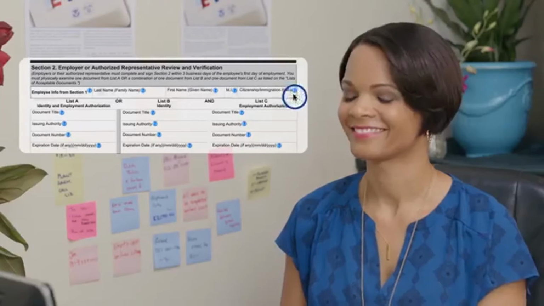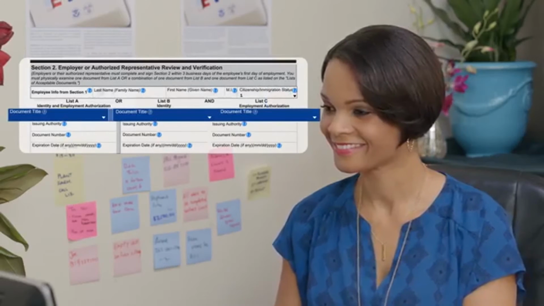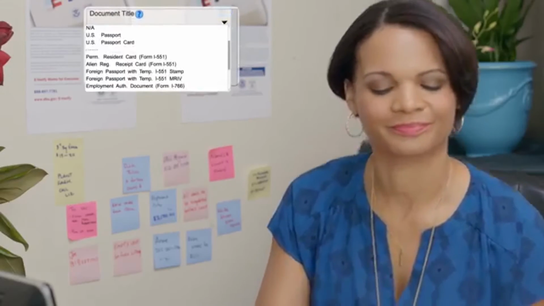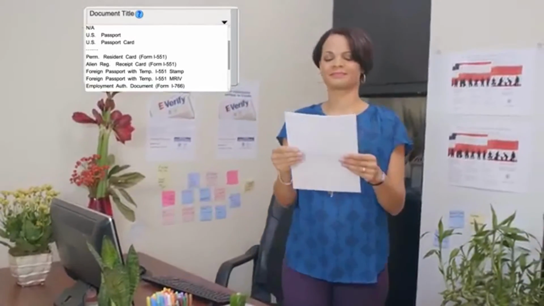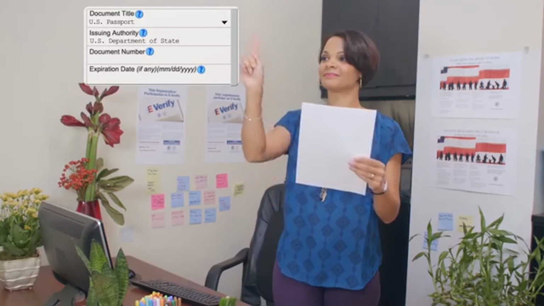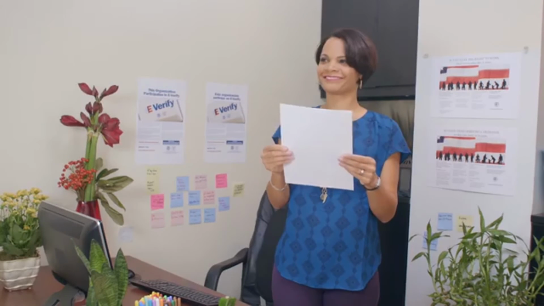passport. The employer selects 1 in the citizenship and immigration status in Section 2. When the employer clicks Document Title under List A, the employer can select the U.S. passport from the drop-down menu. Employers must always ensure that Section 1 and any extra pages generated for multiple preparers and translators are properly completed,